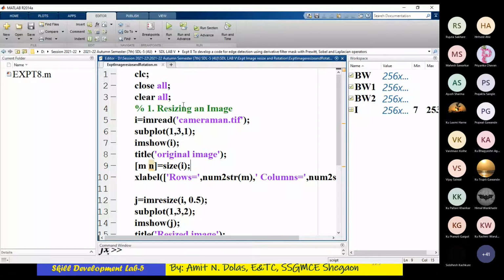We are performing point operations on the image: if we are resizing, then we are compressing, and if we are rotating, we are rotating the pixels, changing the location of the pixels. That's why we need the size, so the size of the image is taken here, mn size of I.